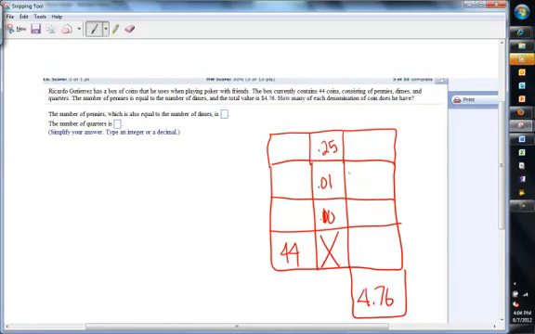Okay, it says that the number of pennies is equal to the number of dimes. So let's call this,